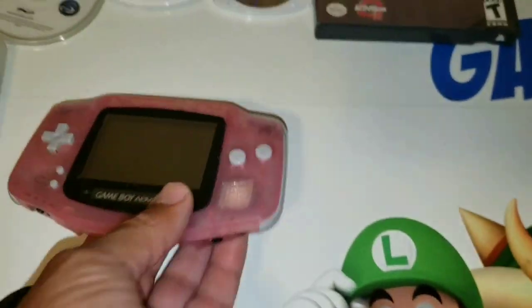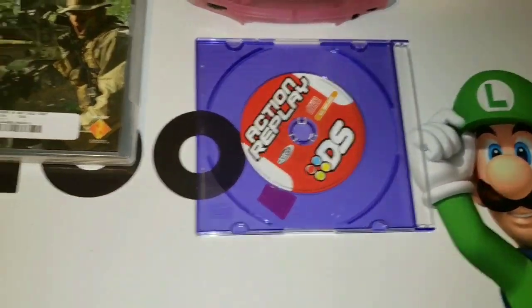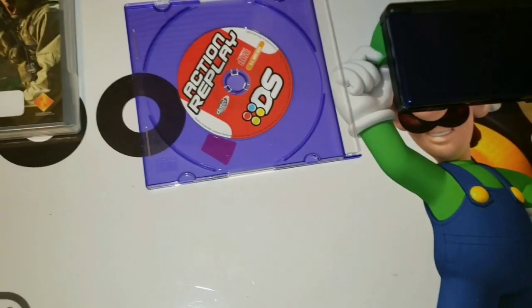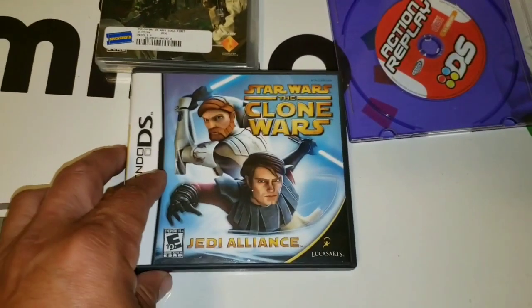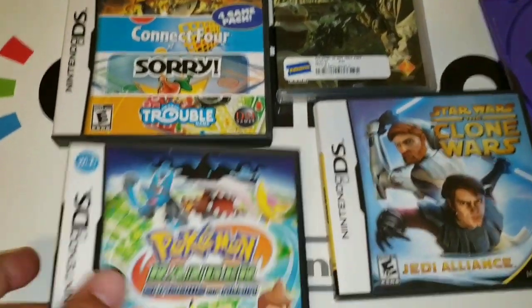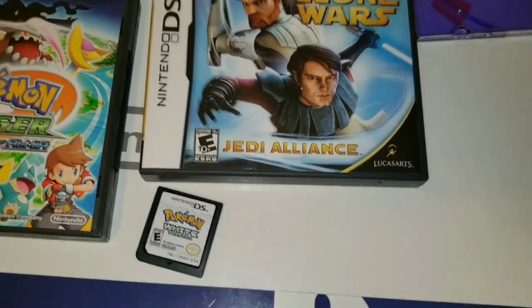Also came with a pink Game Boy Advance, no battery pack or cover. Came with an Action Replay for the DS, the CD only though. It also came with a DSi, which works, and the charger, a DS Lite with the charger, and then a whole bunch of games. Star Wars Clone Wars, 4 games in one, Connect 4, Sorry, Trouble, and Battleship. Pokemon Ranger, Pokemon White,